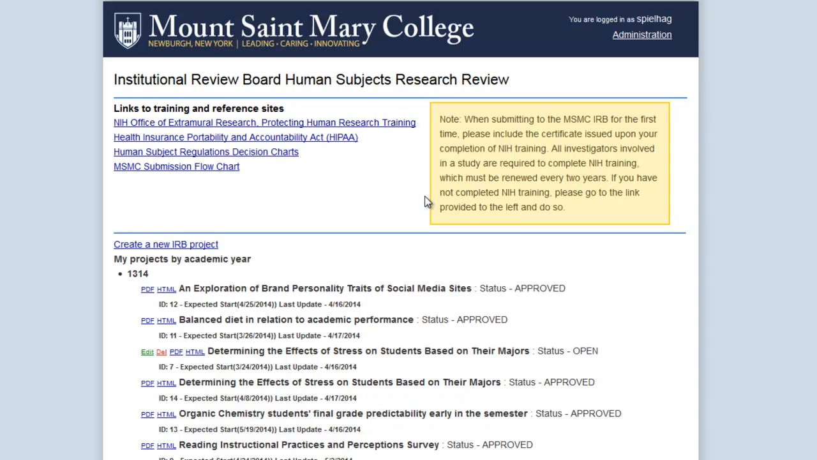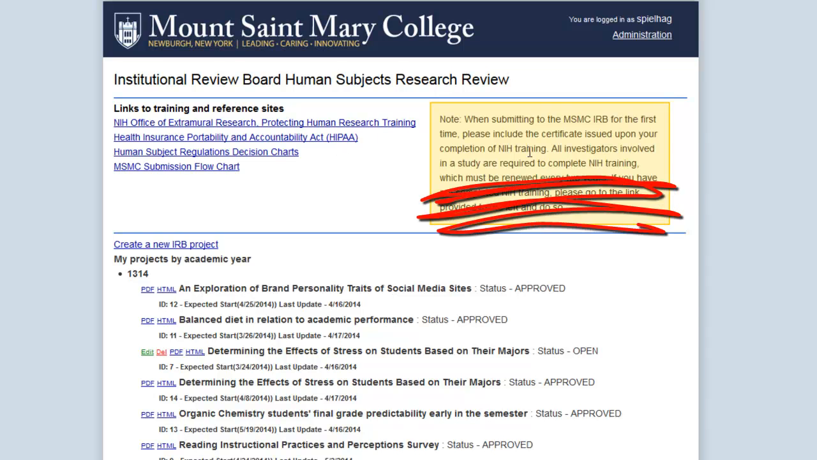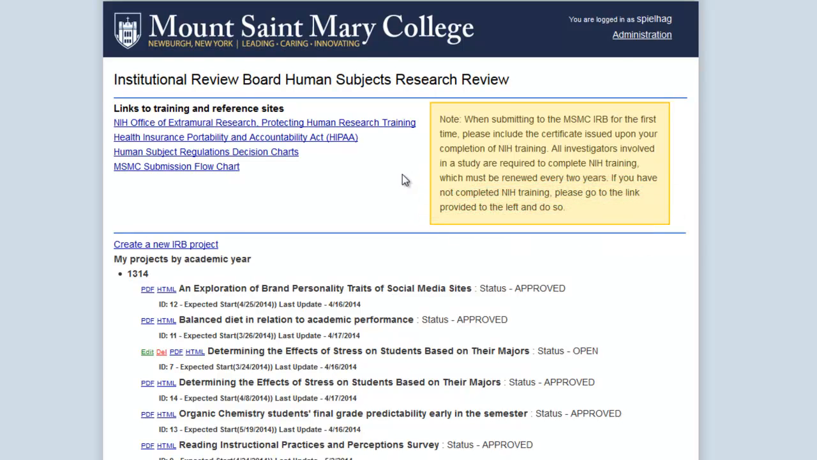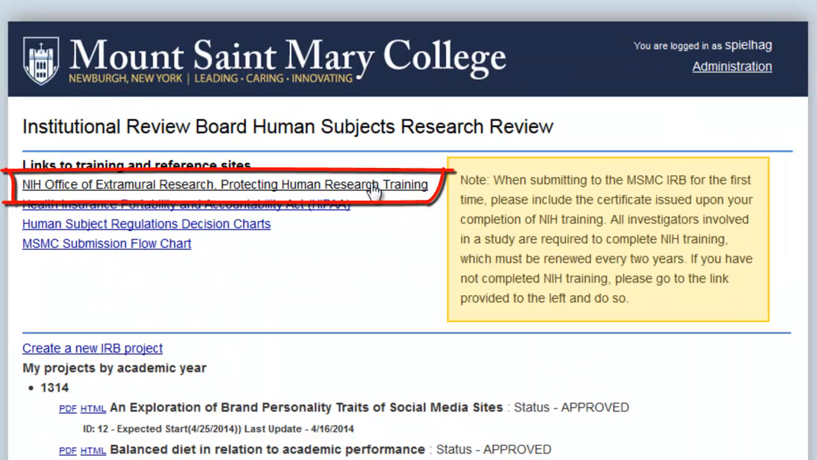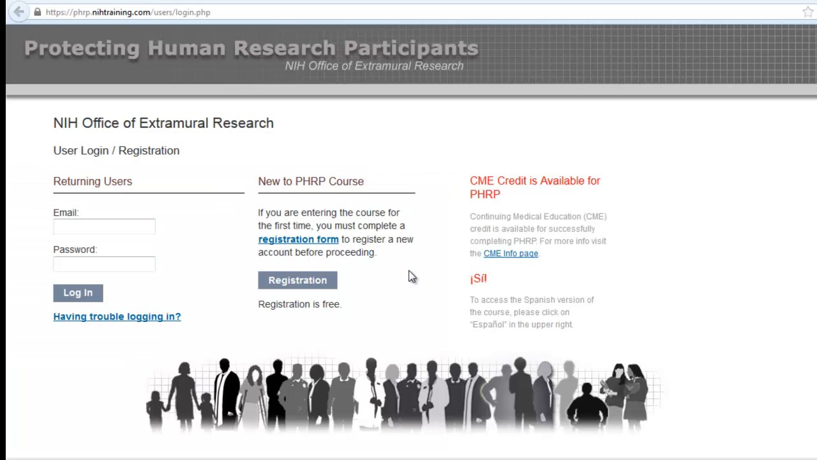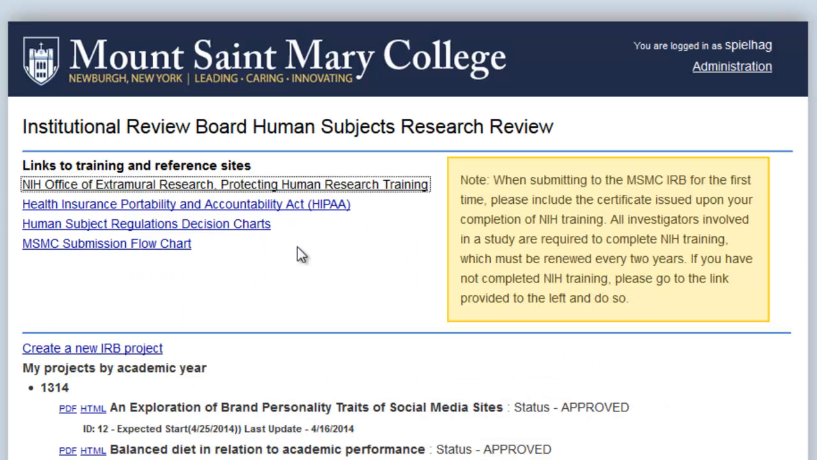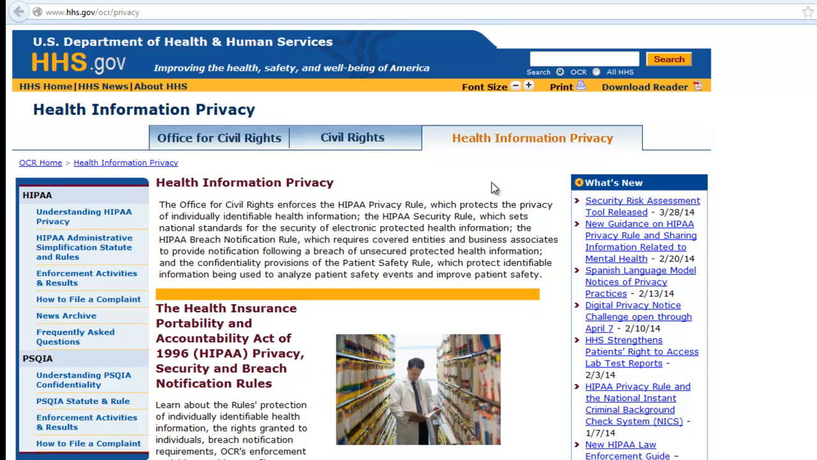Before we create a project, let's take a look at the resources that we have loaded here for you. It says here, when you're submitting to the MSMC IRB for the first time, you must include a certificate issued upon your completion of NIH training. This training is incredibly important because it allows all of us to know the risks involved and the procedures that we have to follow. Also on this page, there are links to HIPAA,